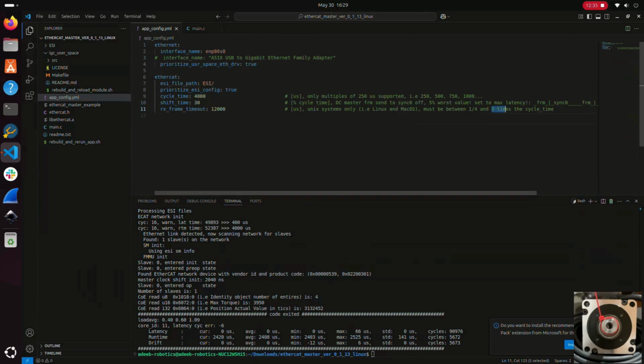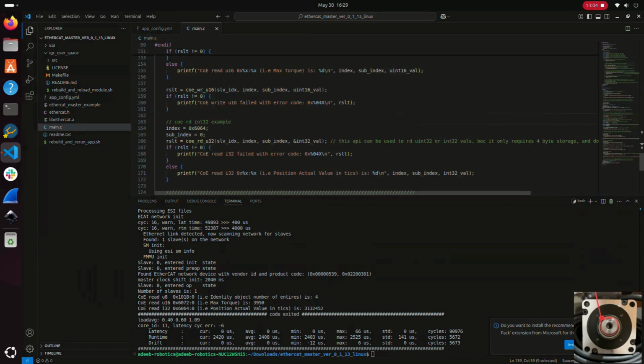Now, we were running at 4,000 microseconds according to the config file, which is the default. But since we're running on a NUC Mini PC, we can lower this all the way to 250 microseconds. And I'm going to set the receive frame timeout to 1/3 of that, which is roughly 83 microseconds. The only values allowed are between 1/4 and 3 times the cycle time. Now if I run again,